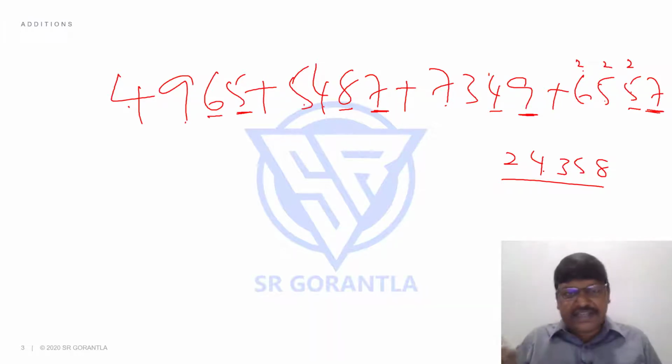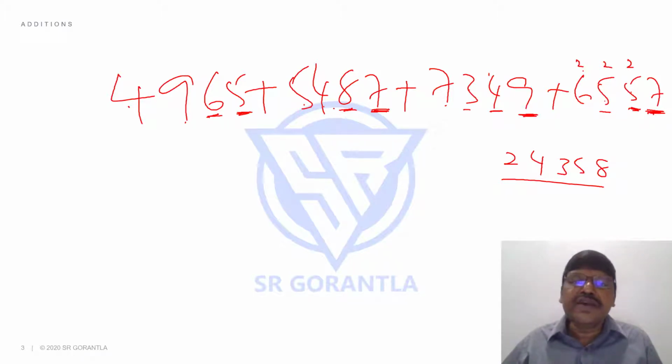Even if you are doing a single digit addition, why do we have to say every time 7 plus 9 plus 7 plus 5? Once I start here, obviously I'll be doing all the unit digits, or if I start here, I'll be doing all the tens places, 5 4 8 6. Why do I have to say every time 5 plus 4 plus 8 plus 6? Or if I start here, obviously I'll be doing the hundreds place, 5 plus 3 plus 4 plus 9. Why should you tell yourself like that? That's where you spend more time.